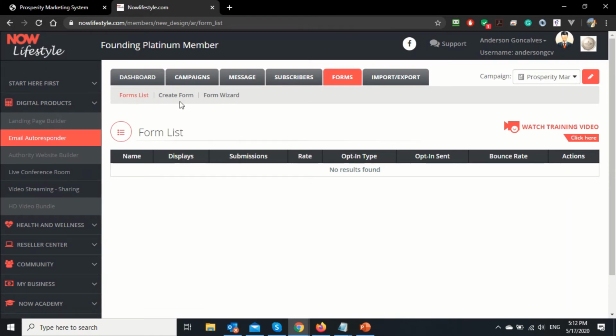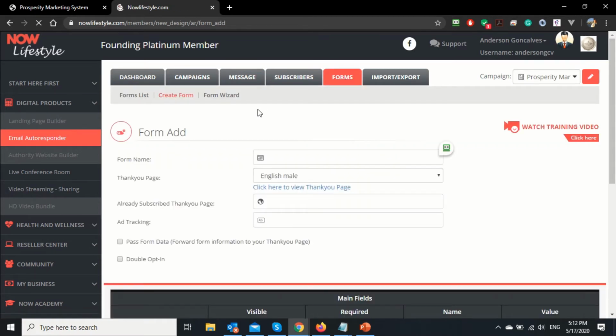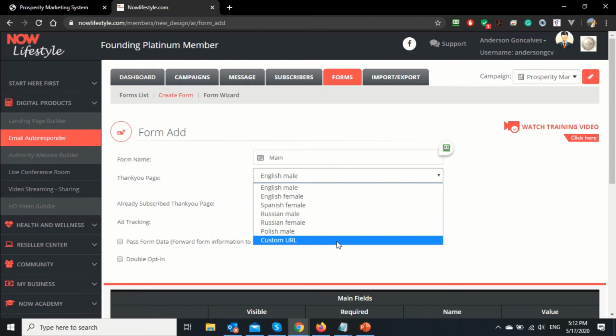Now we are going to click here on create form, and we're going to create a form. Under form name, you'll just name it anything you like. Only you will see it. Here I'm just going to give this the name main, and for the thank you page, you're going to select this option right here,